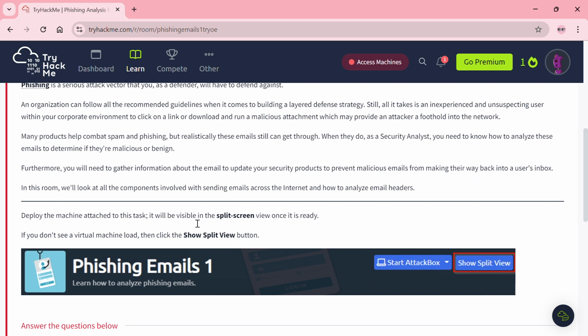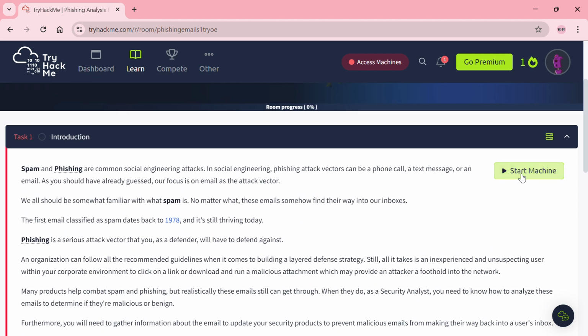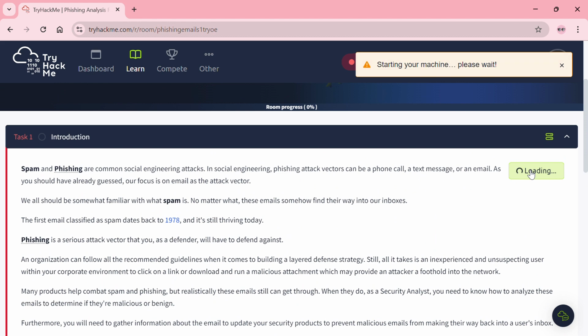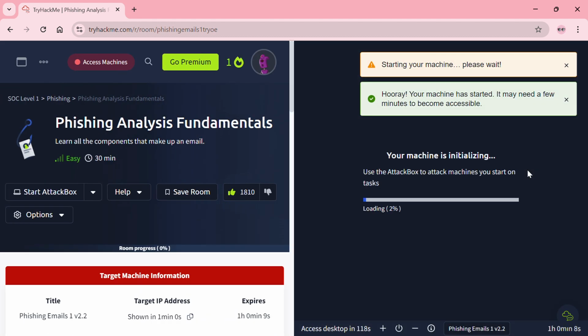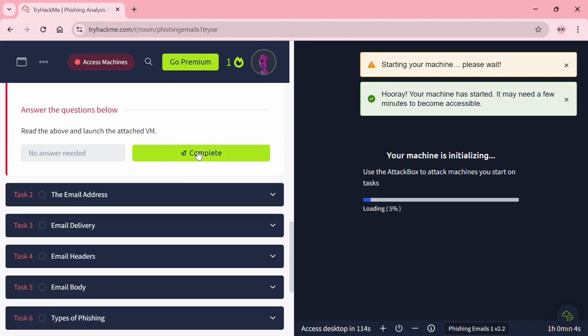It will be visible in the split screen view once it is ready. If you don't see a virtual machine load, then click the Show Split View button. So we are going to start the machine. And we can see that it is loading, right? So we complete